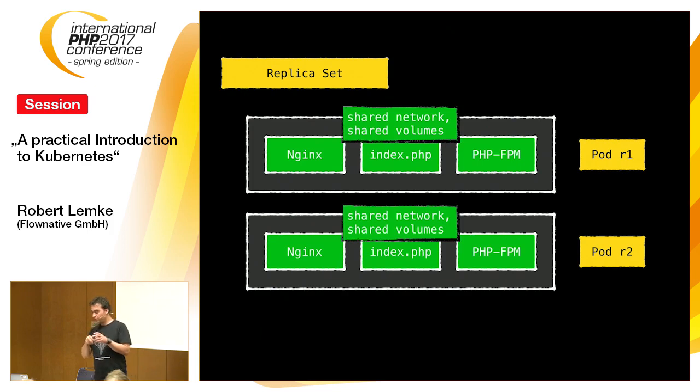Within one pod, you have one shared network and shared volumes. That means any container within a pod can reach any other container's network through localhost. So if you put Nginx and PHP FPM into one pod, Nginx can just reach PHP FPM directly, and it's not reachable from outside. And then you can define that you want to expose a certain port to your overlay network, like Nginx in this case. So you wouldn't expose PHP FPM, but Nginx, right?